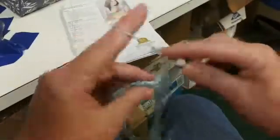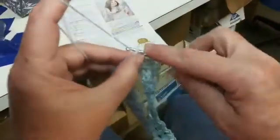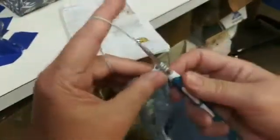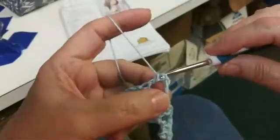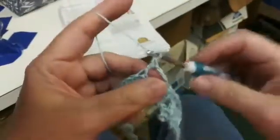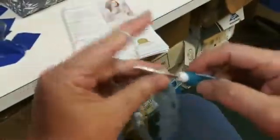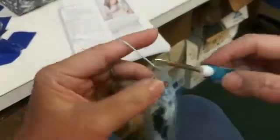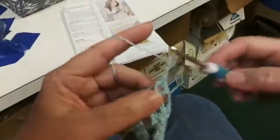double crochet into the second stitch of that shell, the next shell. What am I doing here? All right, here, let's try that again. There we go, double crochet, chain 1, double crochet in the next stitch, chain 3, 1, 2, 3,